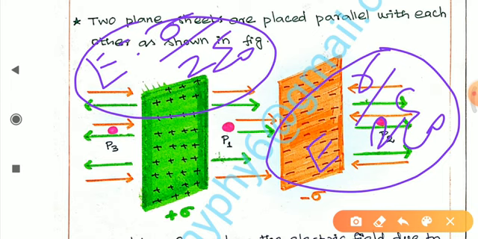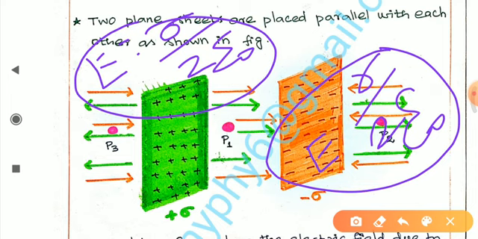Depending upon the point we have taken, the magnitude of electric field can be changed. Because if both the electric fields are acting along the same direction, then the electric field produced by both the plates will get added up. Suppose the electric fields produced by both the plates are opposite in direction, they will cancel each other because they have the same magnitude.